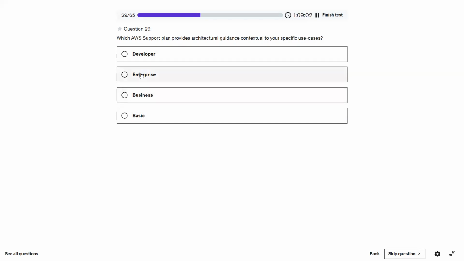Enterprise is even more advanced. With Enterprise we can get more support from them, and they can provide their own labs. When we need guidance for a particular, specific, contextual use case, it comes under Business, where the application is live and we need specific use case guidance. So that is Business.